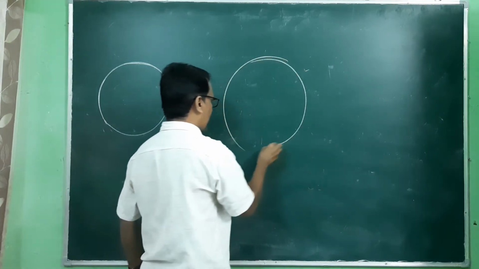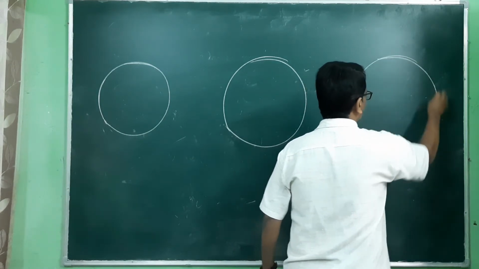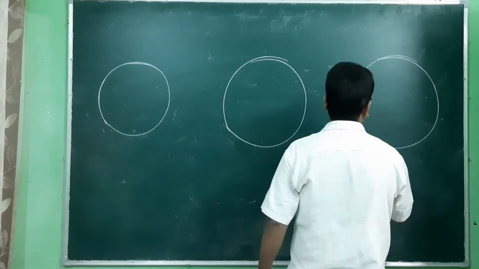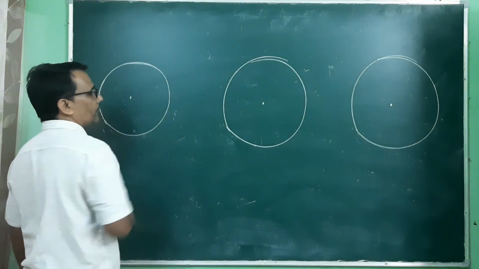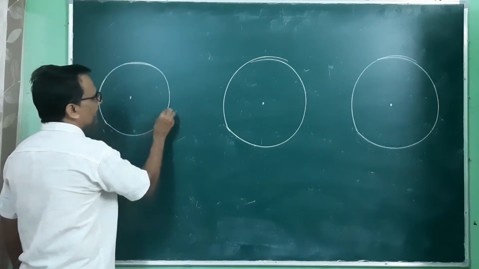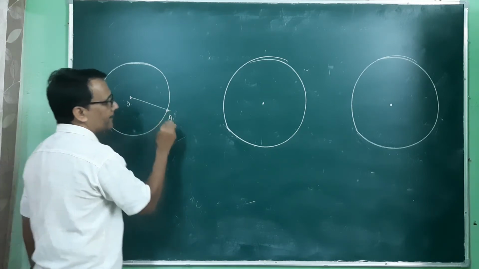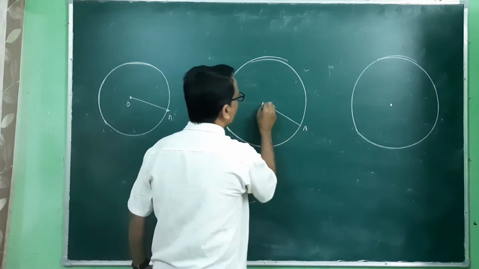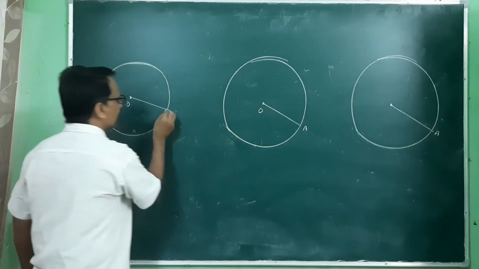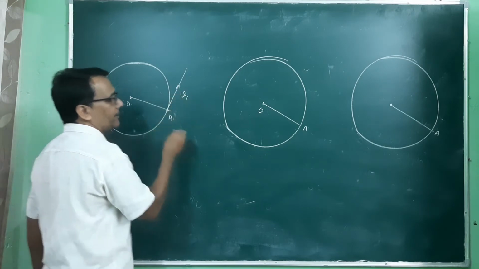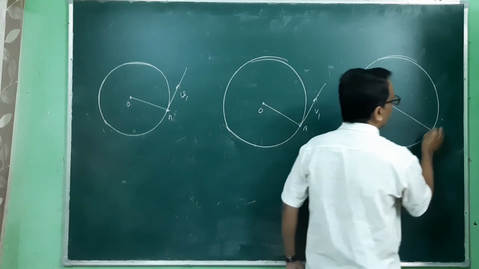This is the second one, and this is the third one. Try to make the circular path uniformly with uniform radius, and here this is that initial position. This is O, this is A, and here this is A, this is O, and here this is A. The velocity in all cases, this is V1, here its velocity is V1, and here its velocity is V2.